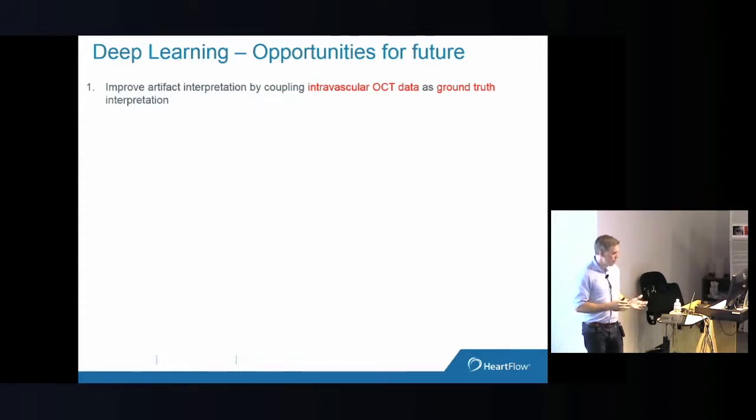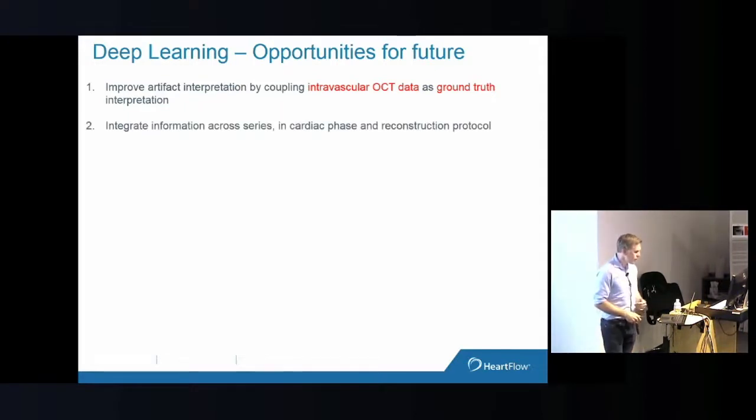But eventually, we want to start training on the OCT as the ground truth. So feed in the CT, train the boundary from the OCT so that we can learn really how to address artifacts appropriately. Another thing that we could do is instead of just doing the segmentation purely independently for every image,